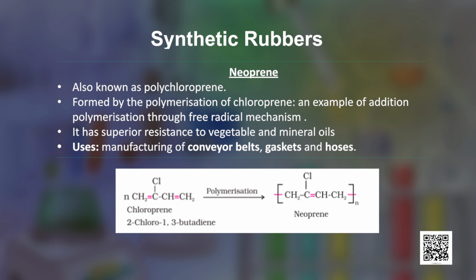This is an example of addition polymerization through free radical mechanism, and I am sure you all remember that we have studied about free radical mechanism in detail in the previous session. Neoprene has superior resistance to vegetable and mineral oils and is therefore used for manufacturing conveyor belts, gaskets and hoses,